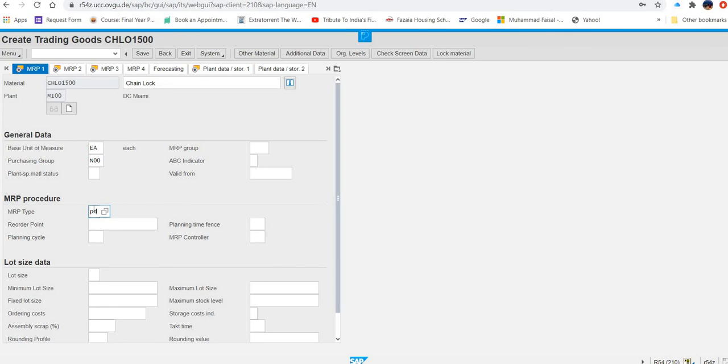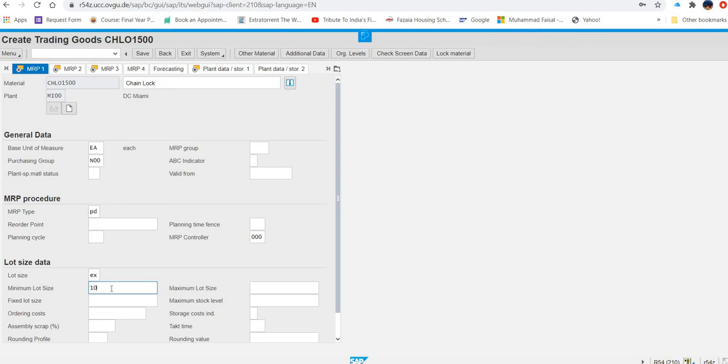After entering this, MRP controller 000. So where is the MRP controller? Here. Then what else? Lot size EX. Where is the lot size? Here. EX. Then minimum lot size 10.